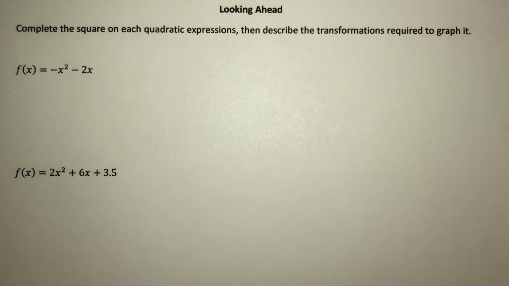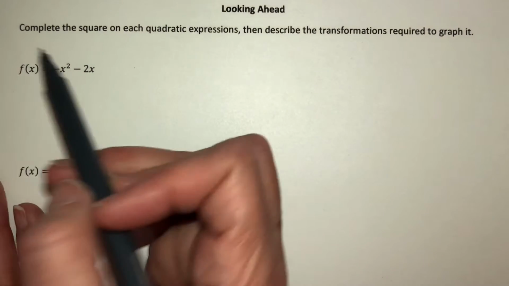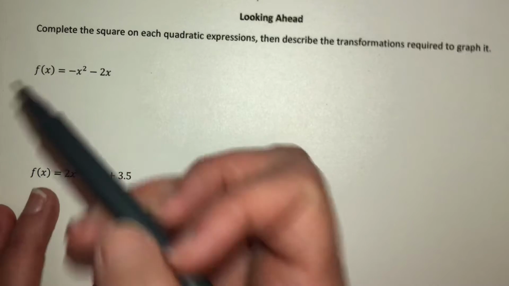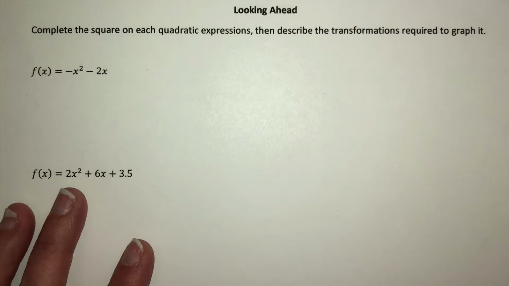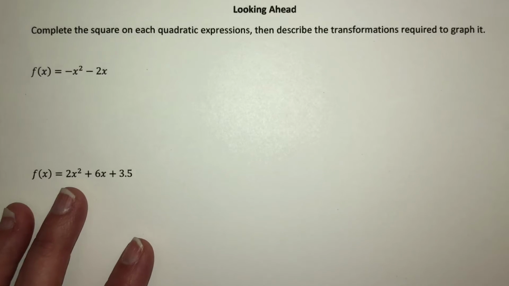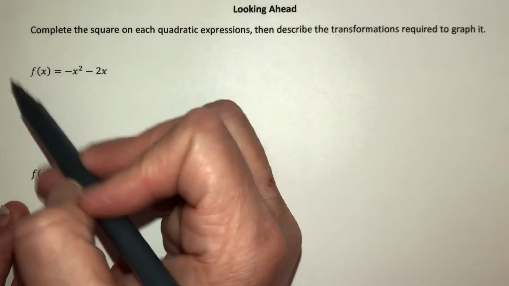So I'm going to complete the square on these, and then we're going to describe the transformations that would be required to graph it. Right now, in this format, we can't just look at it and know how to move things. Okay, so I know that this is f of x, and a lot of times we don't move things around that. We don't treat it like a y, but I am going to treat it like y. I'm going to move things around, and in the very end, I'm going to try to get f of x